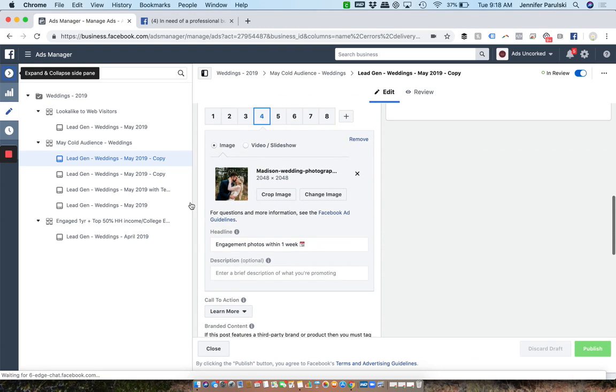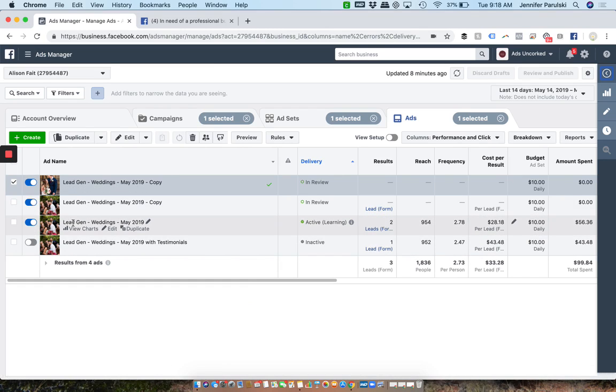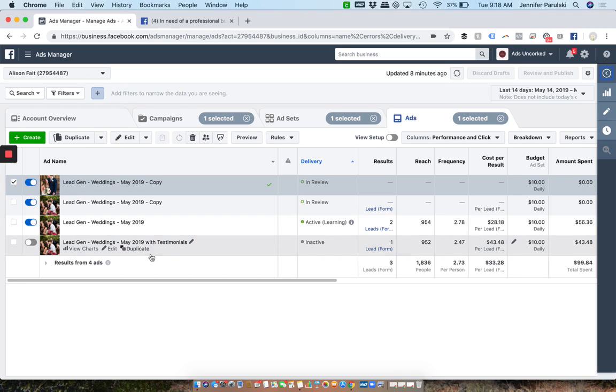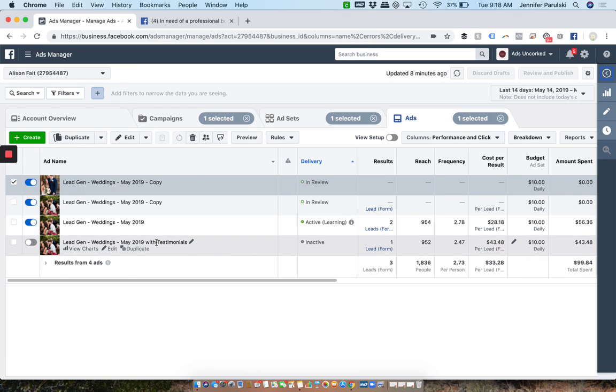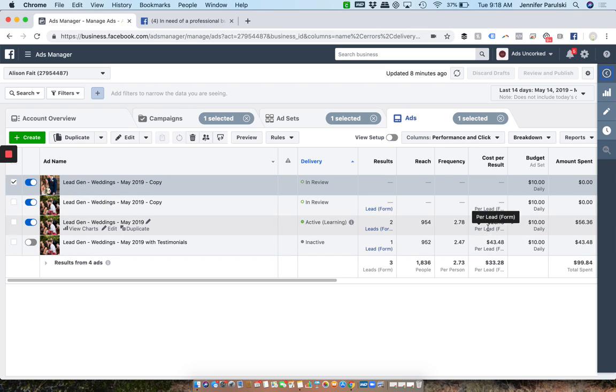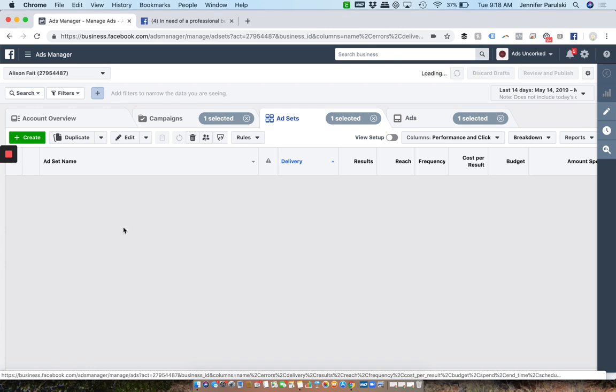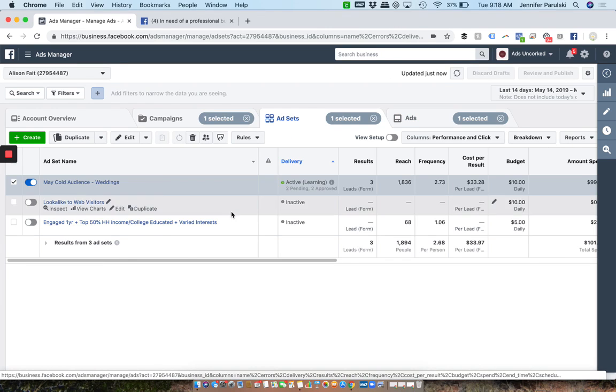So if we go back to the ad level, we should now see we've got 1, 2, 3 ads on. And again, the budget is being split between these 3 ads. So this one that was performing, but performing at a higher cost, is now off. We've got these 3 on. So what I'm going to recommend my client do is let these sit for another week, see which ones are coming in at the best cost. If we see that some of these others are coming in at even better cost than this, then we're going to shut off the ads that are costing more. So something else that's important to take a look at is